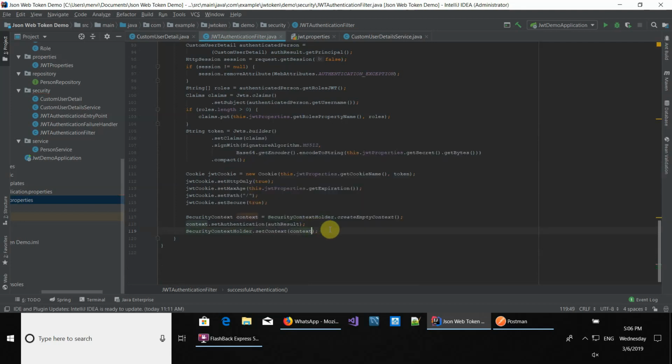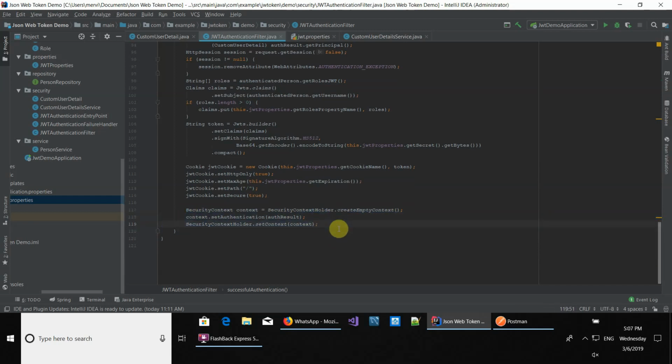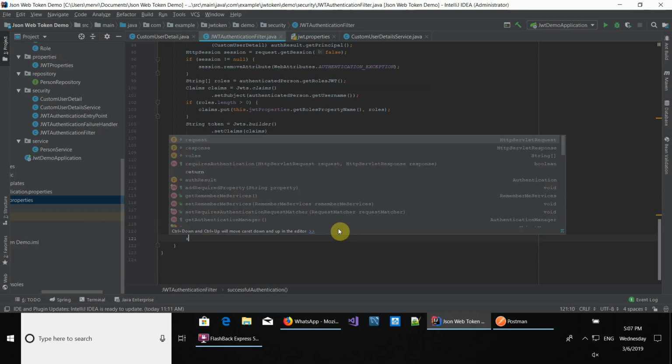Okay, and the only reason that you have to do this is if after authentication you're going to be doing something that requires authentication. Otherwise you don't have to do this because it's stateless. And at every request it's going to check if there's a cookie with the token that we just created. So if you're not going to do anything that requires authentication after authenticating, then you don't have to set the security context here. Okay, and the last thing we have to remember to do is add the response,